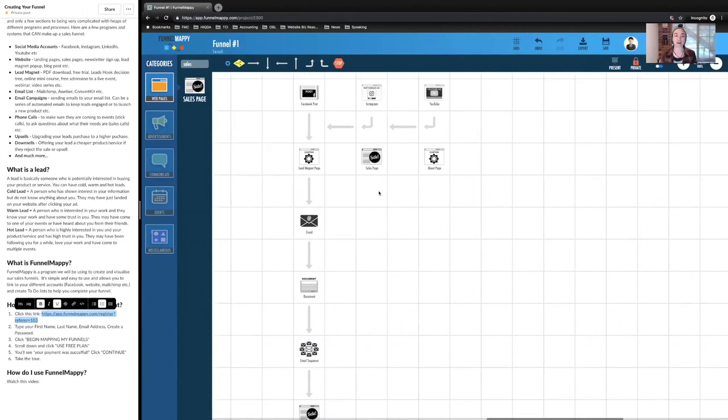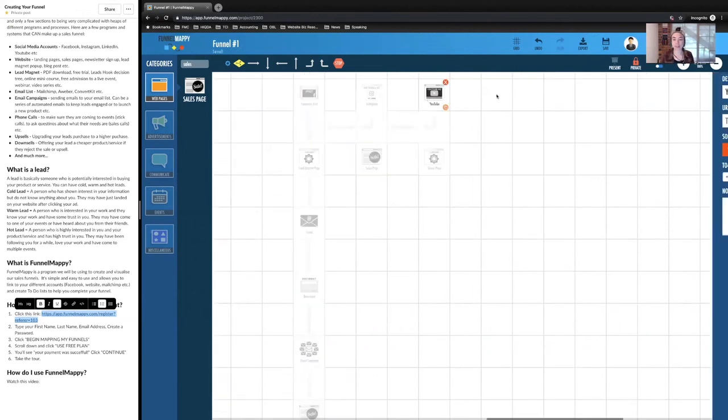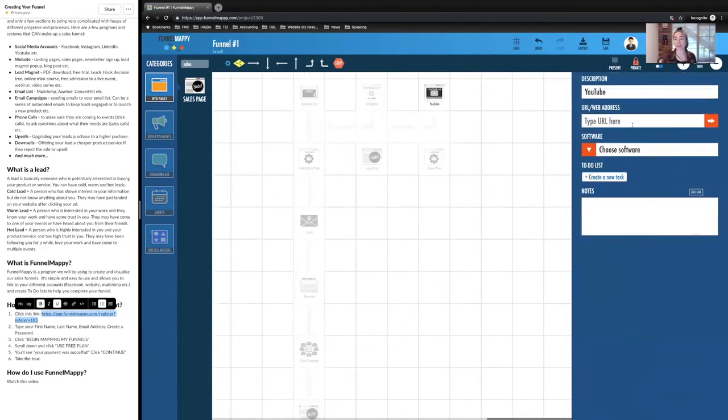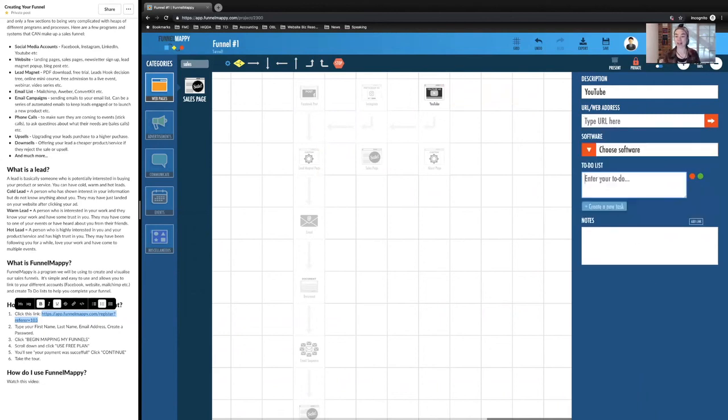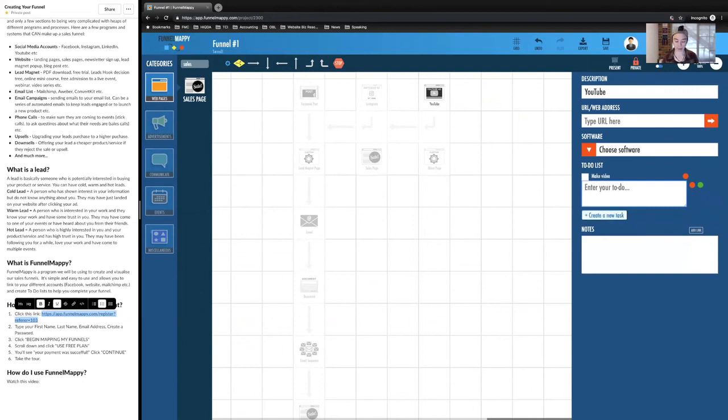You can just imagine that it could become really, really big, and it's basically whatever you want to create. And there are some cool things you can do here. If you go into it, you can type the URL, for example, of your YouTube video that's going to lead them to your lead magnet. You can put your tasks in there. So to do: make video, create a new task. Maybe edit video.